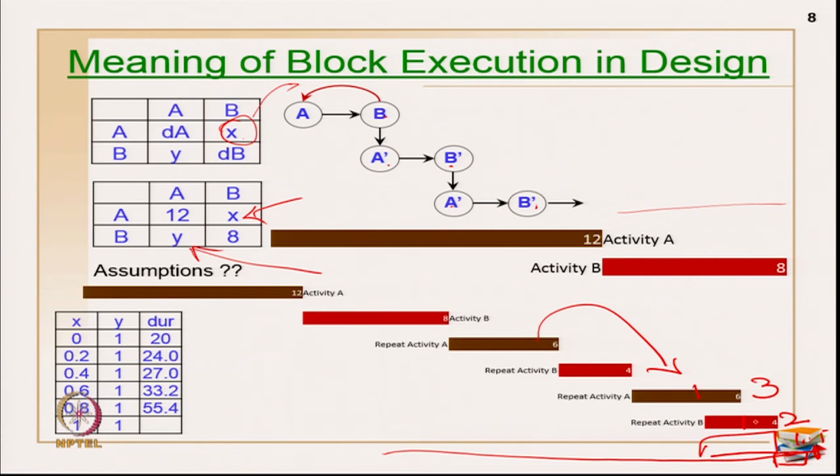Now, I have shown different x, y plots, but there is no control on duration here, which is why I got values of more than 55 and so on. Otherwise, you will get values only between those limits. In this case, I have not shown anything. So, if the value of x is 0,